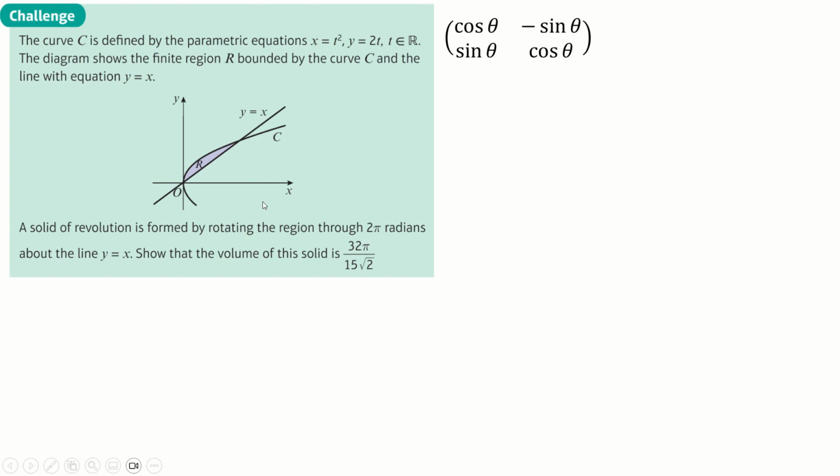So here's the matrix for rotation, anti-clockwise. So if I want to get it down to the x-axis, I need to rotate this minus 45 degrees to get it to go clockwise. So I'm going to rotate this entire picture, and I'll show you how to do that in a second,